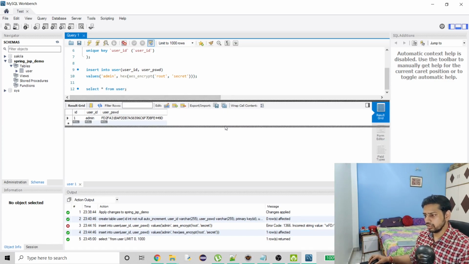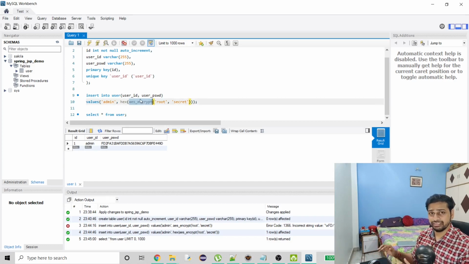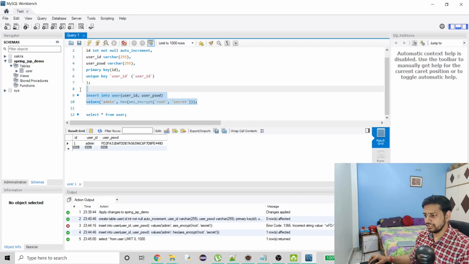So for now, just think of encryption right now, that we have to encrypt it using AES encrypt, and then there are more methods to do it. Maybe you just have to Google it. Now for decrypt, whatever I'm doing here is actually going to be used in Java also, or maybe in Spring. But right now I'm not going to do any insert query, but further on I have to.